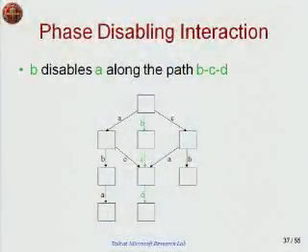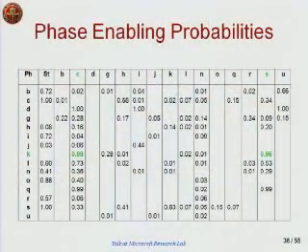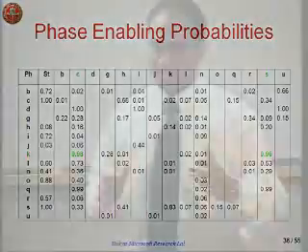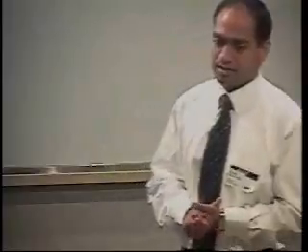So how did you compute these probabilities? So these are essentially just the... along for each function, this is averaged over all the 234 functions. For each function, we just calculate how many times that phase is actually enabling some other phase immediately in the very next level. So they're just one level interactions. We are not considering any multi-level interactions. So it's an empirical measurement over all. Yes, it's empirical over all the measurements.